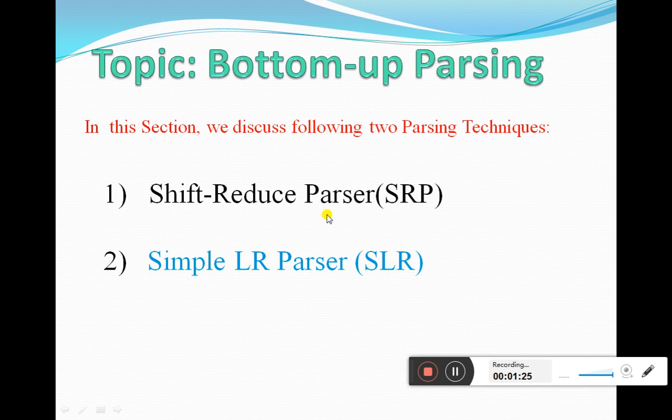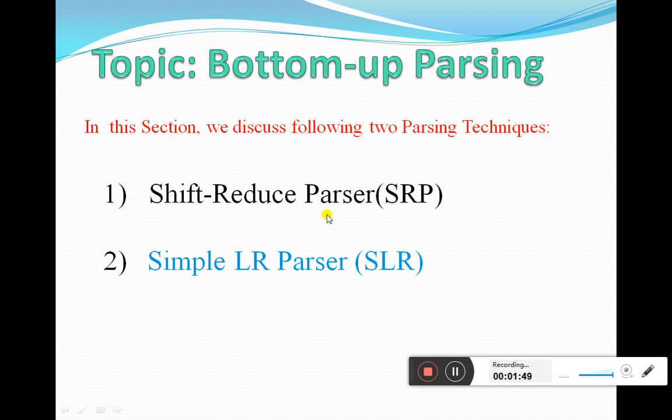So in the top-down parsing method, we saw all the parsing methods, either recursive descent parsing or predictive parsing method, will attempt to construct parse tree for a given input string and grammar from a root to leaves.